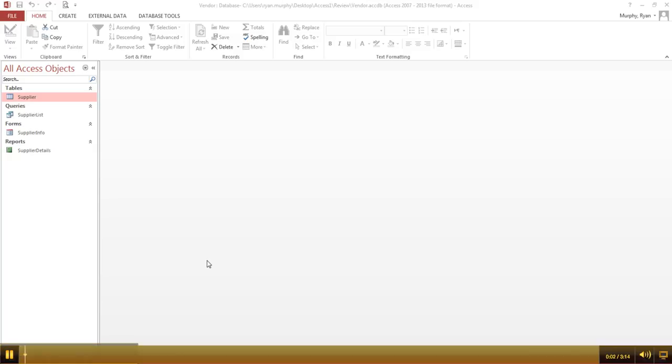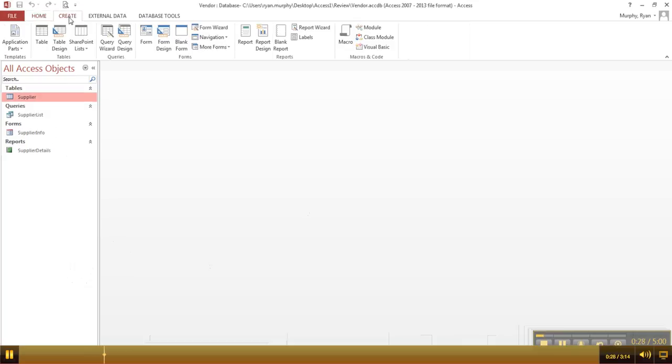Alright, so now we're ready to move on to step number 4 of the Tutorial 2 review assignment. Step 4 is going to ask us to create a new table using Design View. So back in steps 2 and 3, we took the supplier table and modified what we had done back from chapter 1, and now we're going to create a new table, and this time we're going to create it using Design View. So we'll go here to Create, and then in the table grouping we'll choose Table Design, and